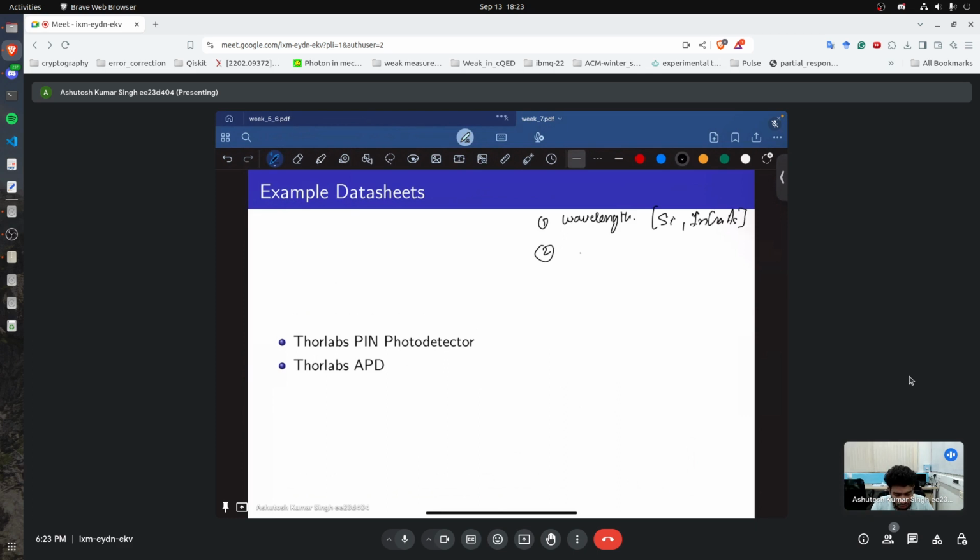After that, you will look at responsivity, and depending on that you will build a transimpedance amplifier. Transimpedance amplifier, because it is easier for us to measure